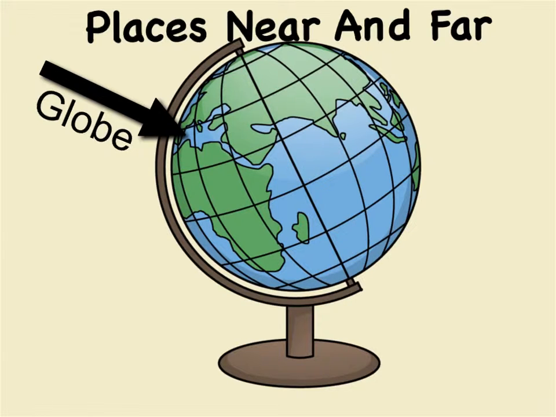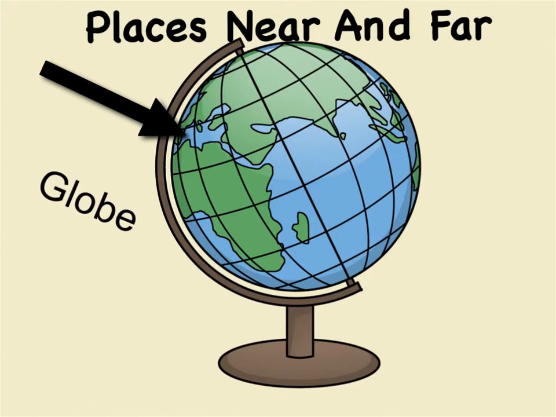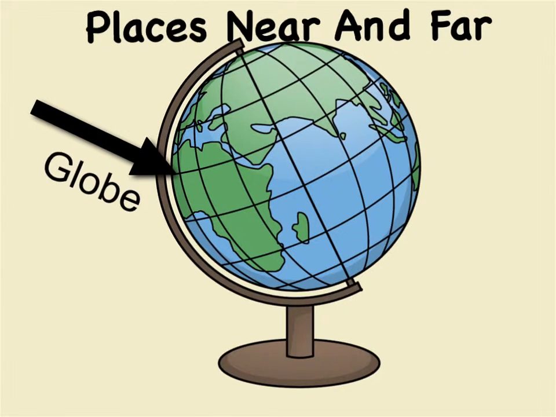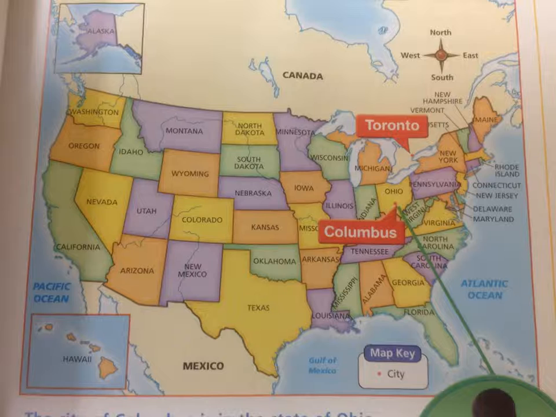So once we all had it going, I had it projected on the board, and we worked on it together. The students added the word globe themselves, and they added the arrow to point to it, because in second grade they were also working on text features, and labeling a picture is one of those, so we practiced that. Then if we go to the next page,